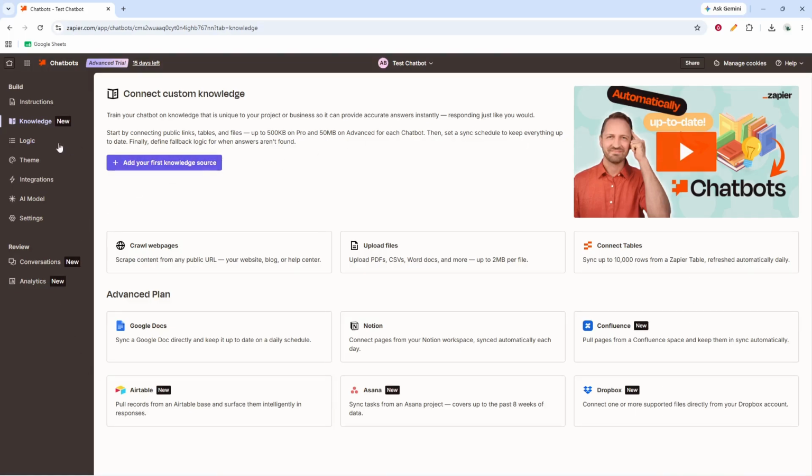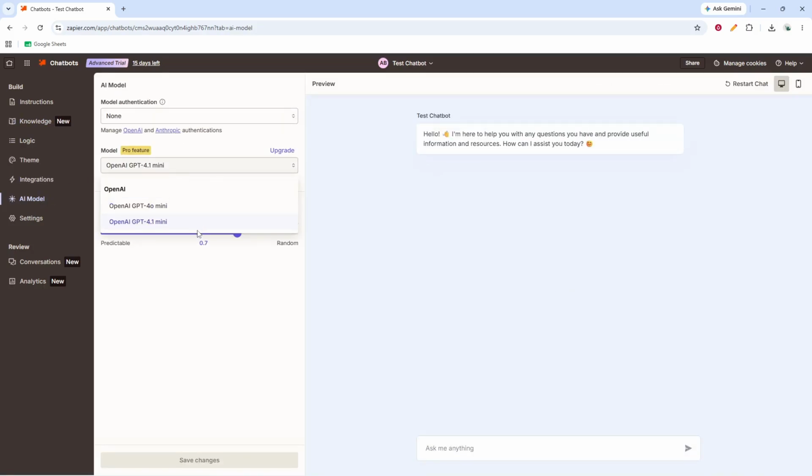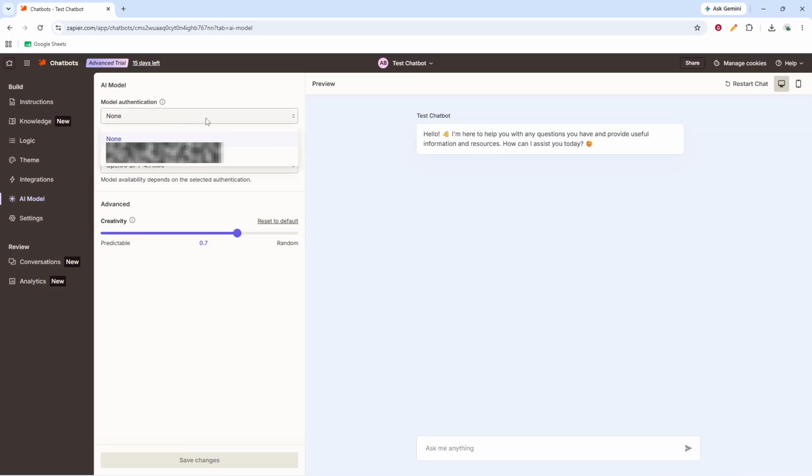Now open the AI model section. Here, choose the model you want the chatbot to use when generating replies. The selected model will affect how the chatbot responds, so this is the point where you decide which one fits